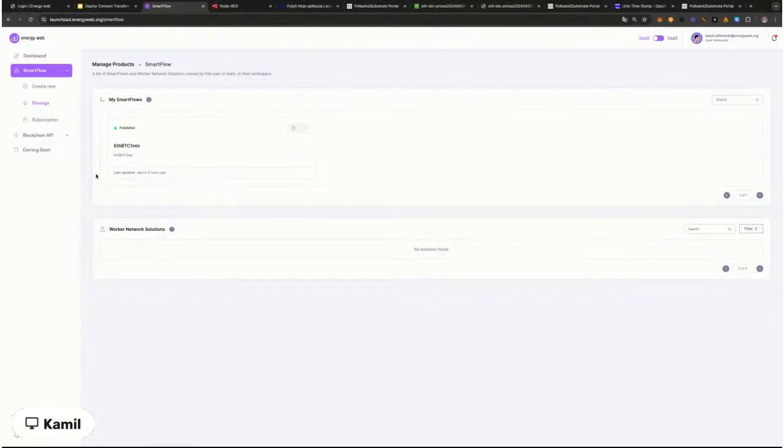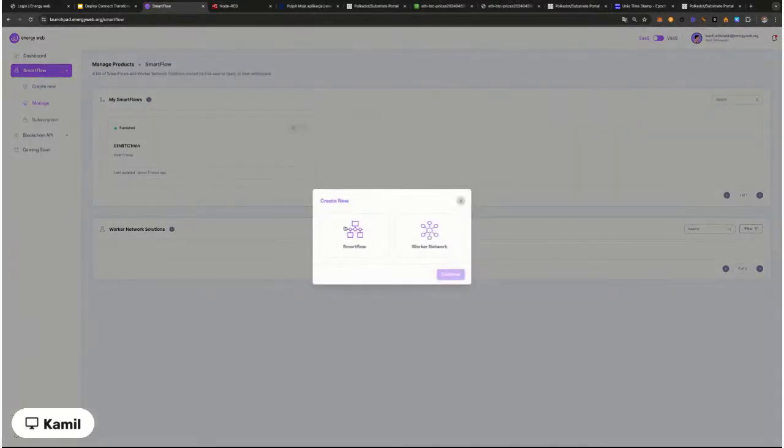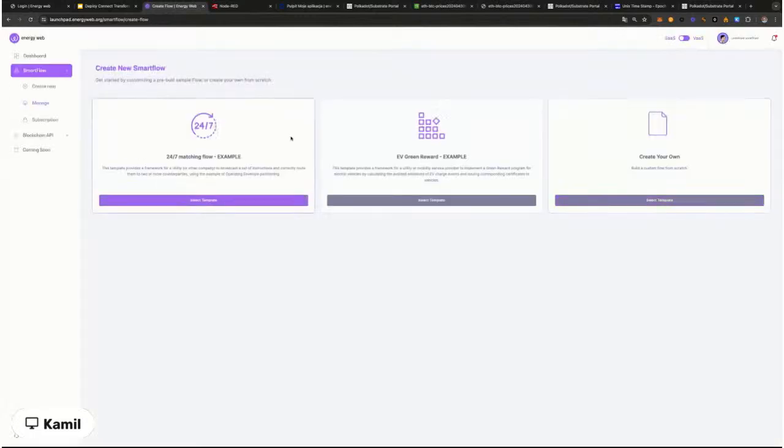So this is SmartFlow. I'm already subscribed, so I'm able to create new items here. We will start by creating a new SmartFlow. This nomenclature might sometimes be confusing, but the business logic or the flows we also tend to call smart flows. So SmartFlow is a product, and the second one can be a business logic. We continue, we create. You are presented with a screen where you can choose either a blank editor, so you create everything from scratch, or import from another source, and you are also presented with the